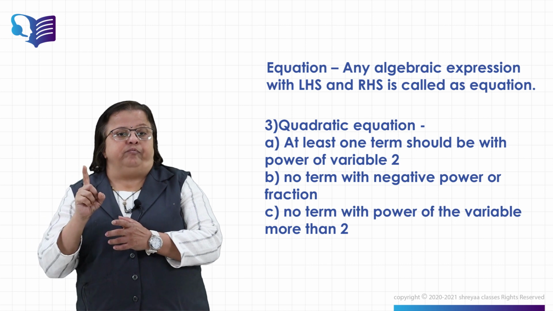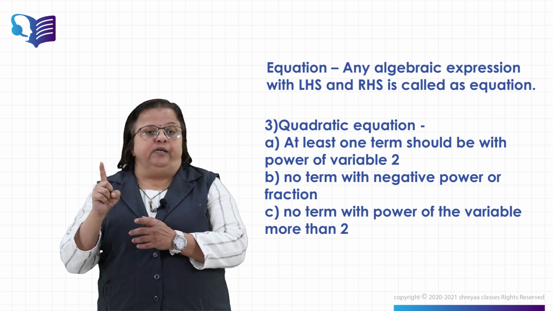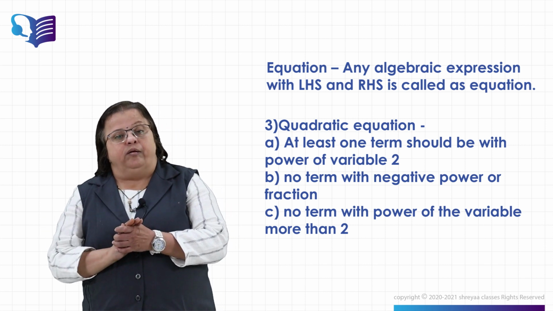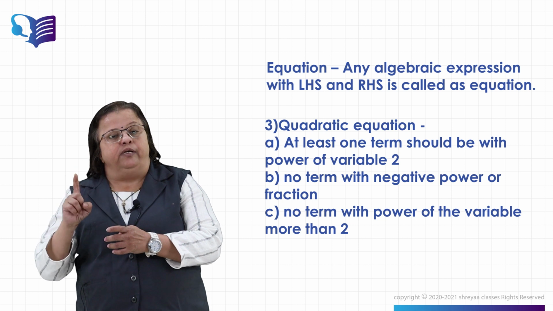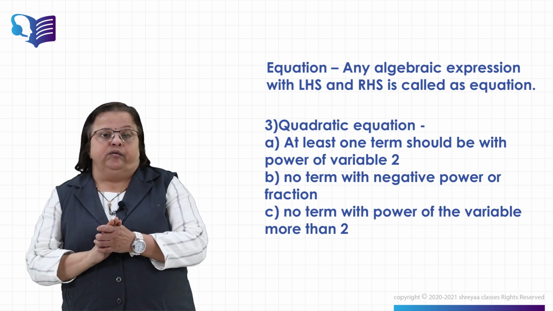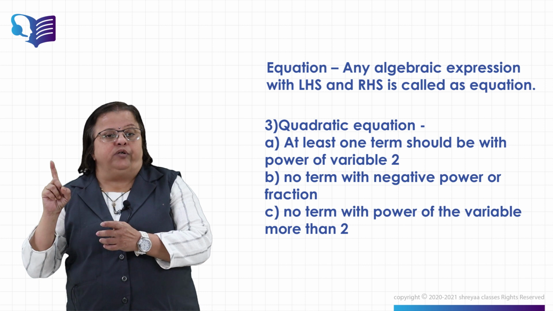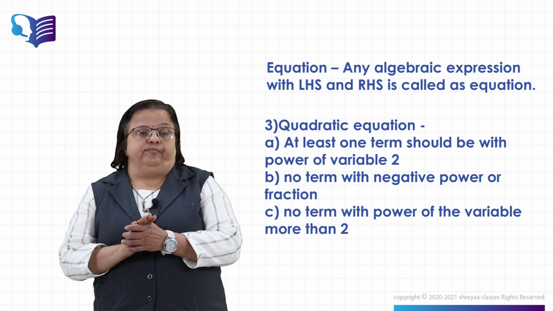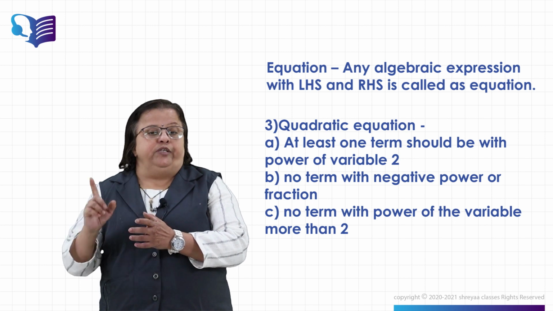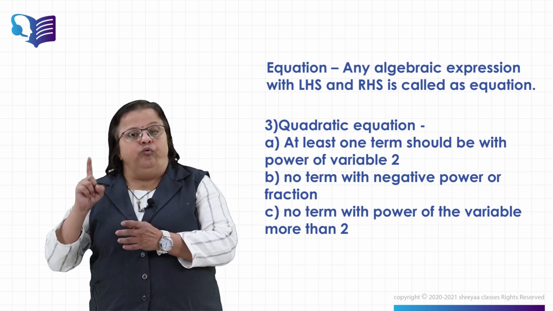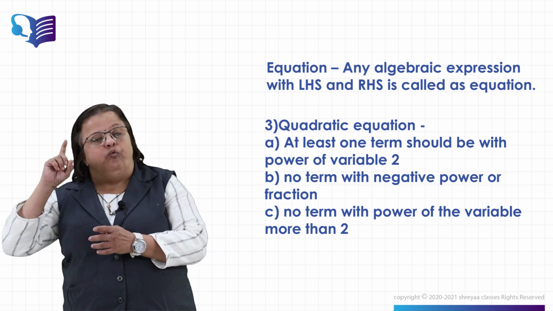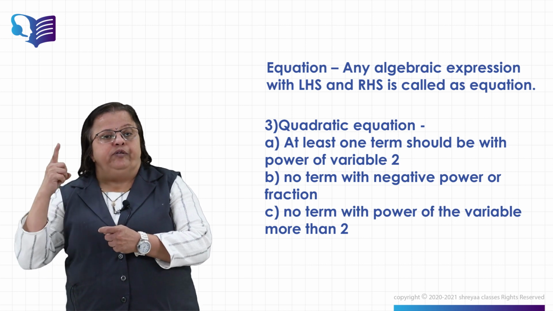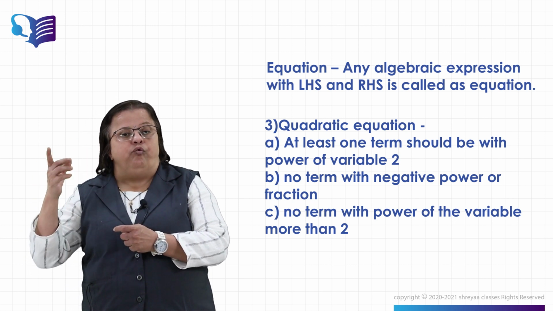At least one term, that is, at least one term should have the variable with power 2. Then no term with negative power or a fraction. That means not a single term should have a negative power or a fractional power of the variable. Okay, then no term with power of the variable more than 2. So there should not be any term with power of the variable more than 2, that is 3, 4, 5,